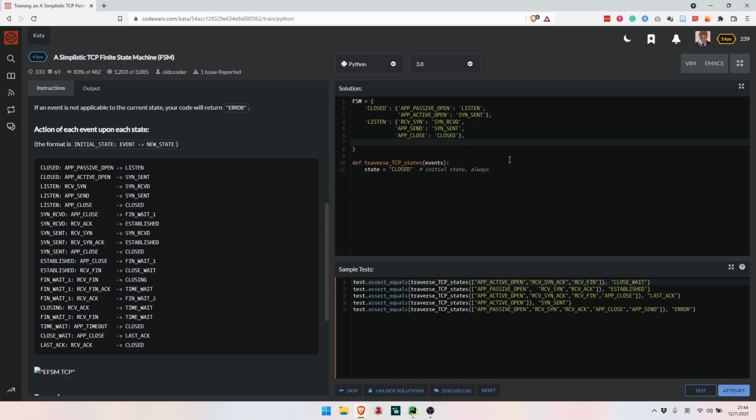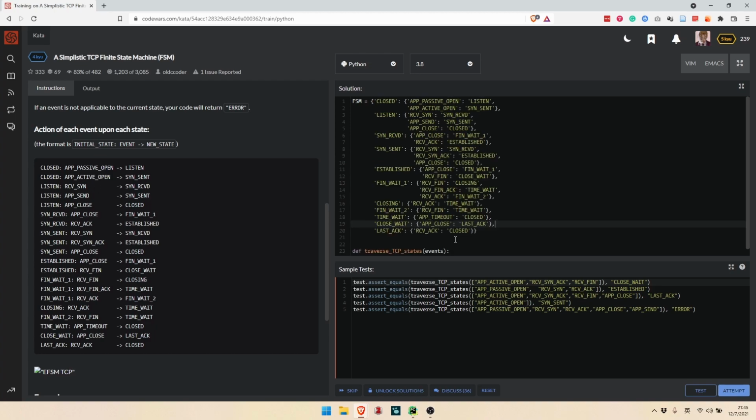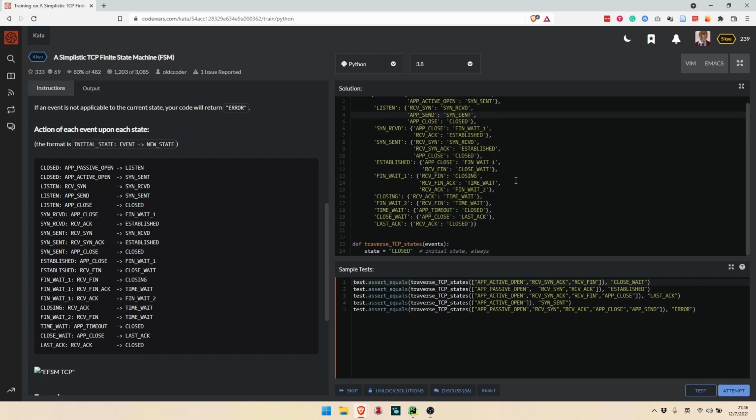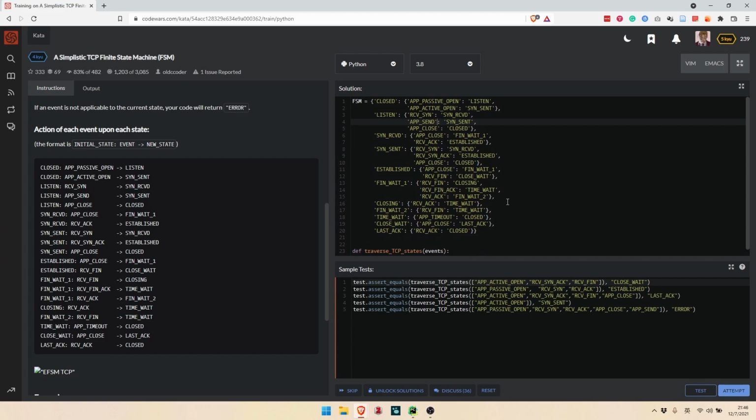Oh, I mistakenly pressed the test. Let's switch back. So as you can see, we can just list all the states here. So let me list all of them and save you a little bit of time. Cool. I just finished all the mapping here as FSM. So as you can see here, all the states are listed here, and within each item we have another dict which contains the event and the final state. All right. So how can we use this one?